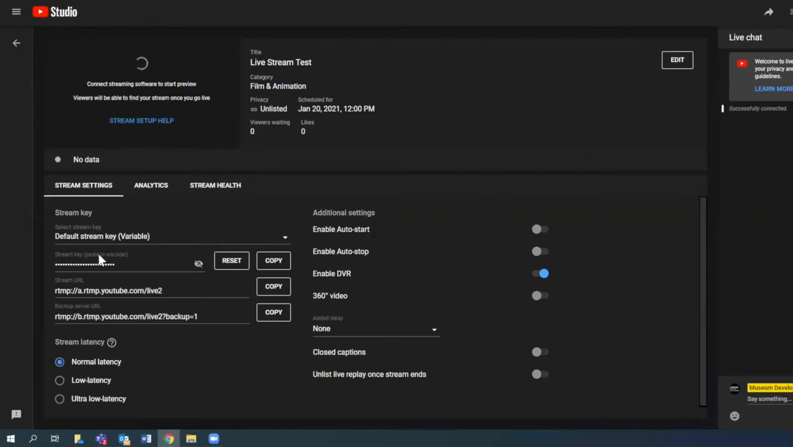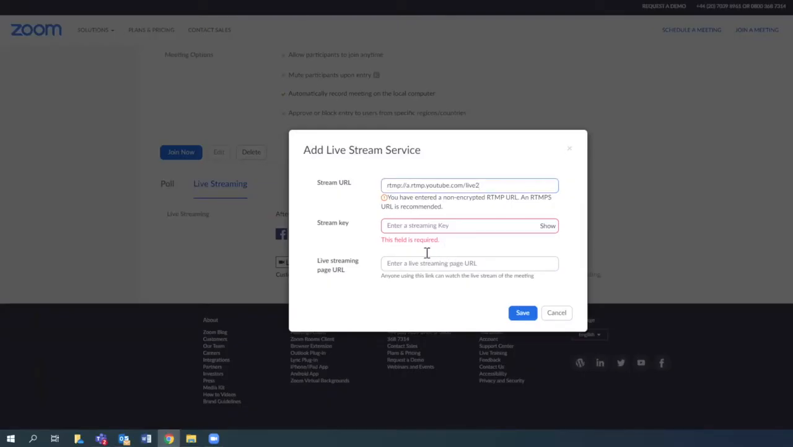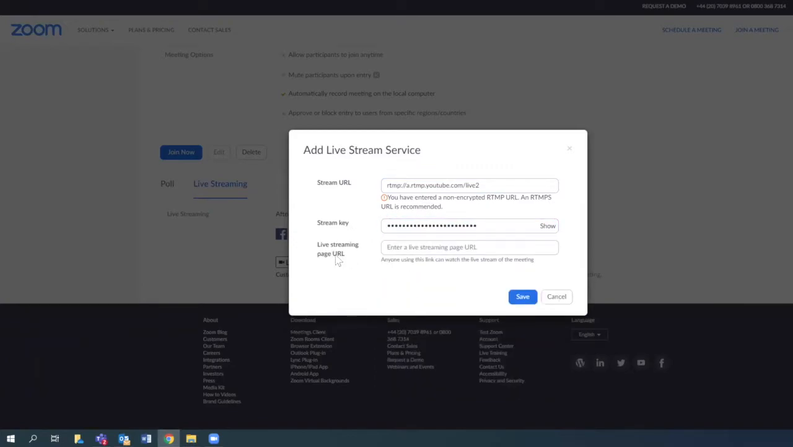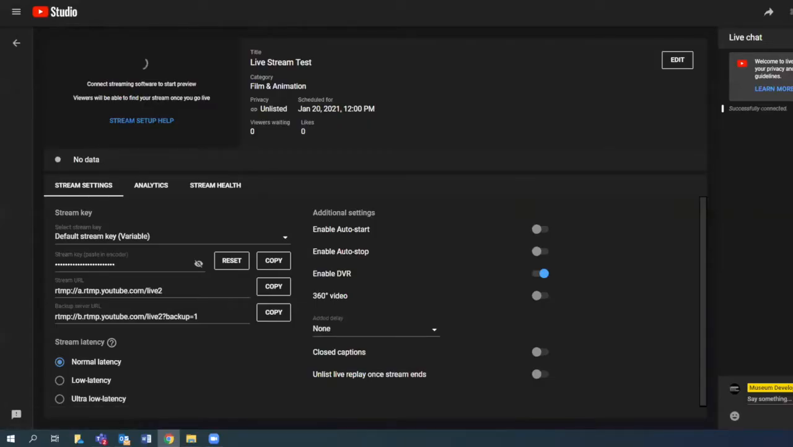And then you also want the stream key. So you copy that, paste that into the stream key. And then the live streaming page URL, that's the link basically that individuals need to be able to watch the live stream. So you get that back here